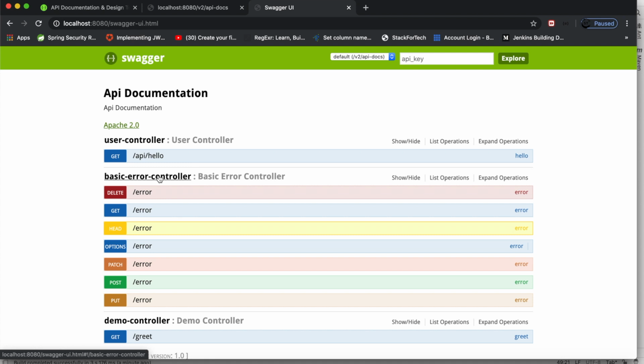Okay, so let's go back to the application and configure it more, let's fine tune it and remove this basic error controller from here. We don't want to see Spring's default controller, we want to see our application specific APIs.